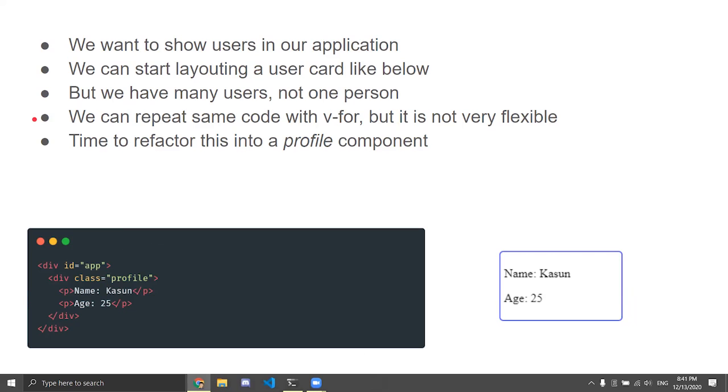What if we have multiple users? How do we need to show them? So you will first say we can actually use v-for in here and loop over users and show them, but it is not also very flexible. What if you want to use the same thing in another page as well? You need to copy the code and use it there, but it's not very nice. So